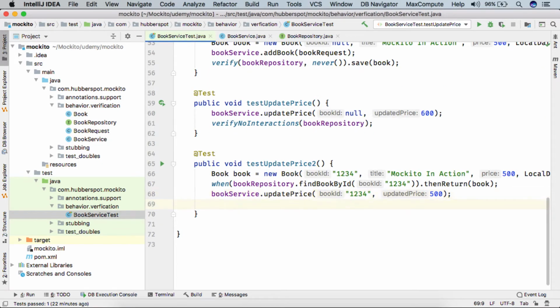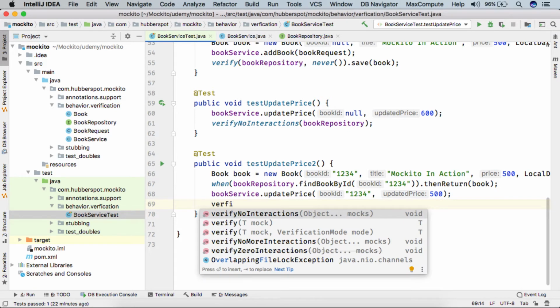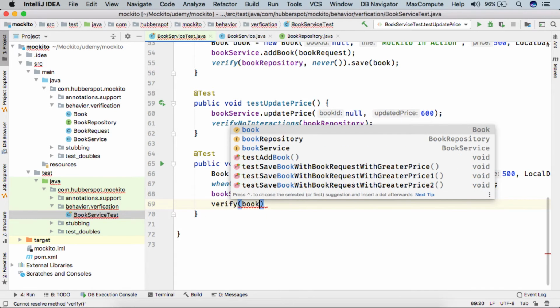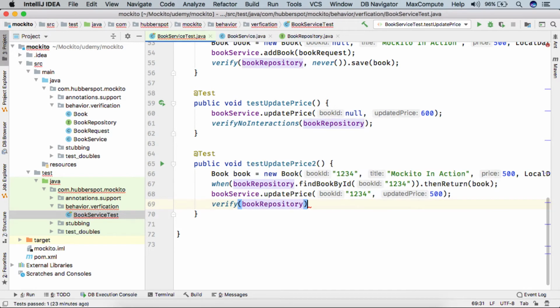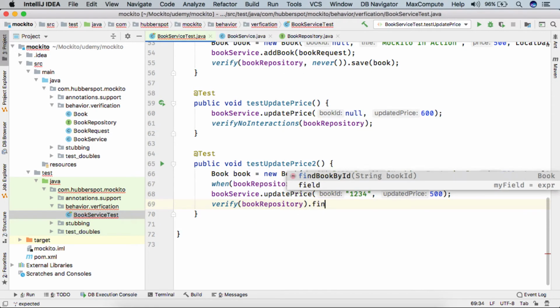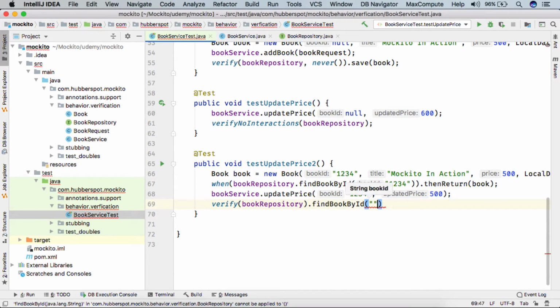What we do is, let's say we verify bookRepository.findBookById with a value as 1, 2, 3, 4. So we are asking Mockito to simply verify that findBookById is called with the value as 1, 2, 3, 4.